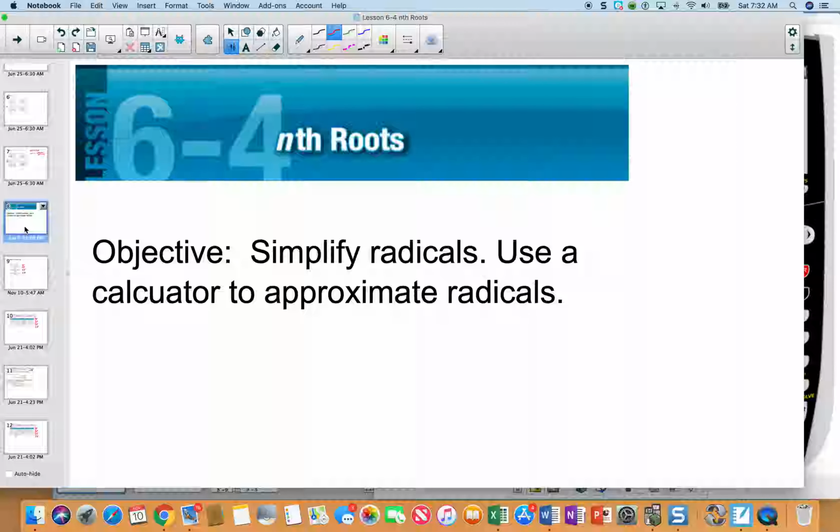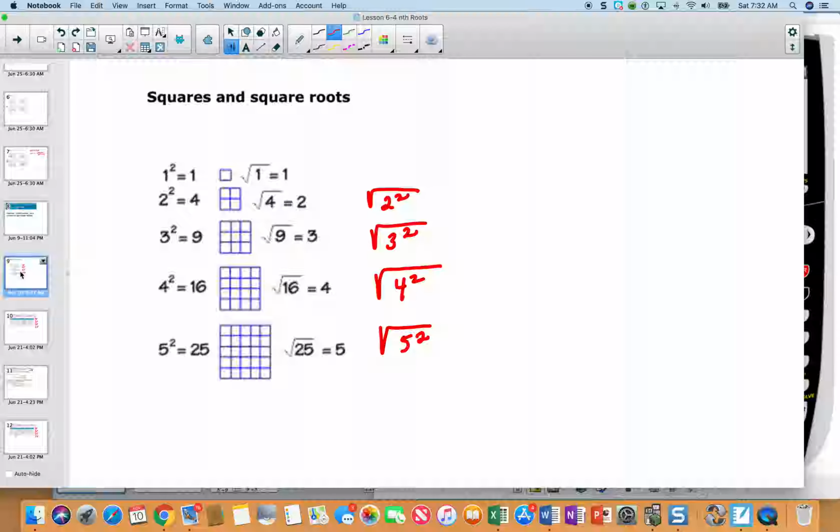Lesson 6-4, nth roots. Objectives: simplify radicals. Let's take a look at our old friends, squares and square roots. Now you can see that the square root of 2 squared, which is another way to say the square root of 4, is going to be 2. So look at all of these, because this is what we are going to be thinking of